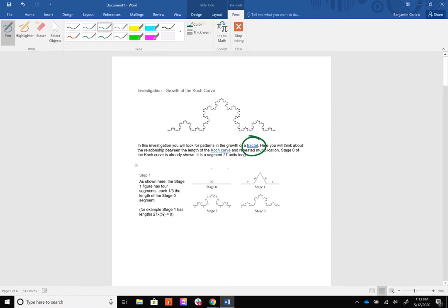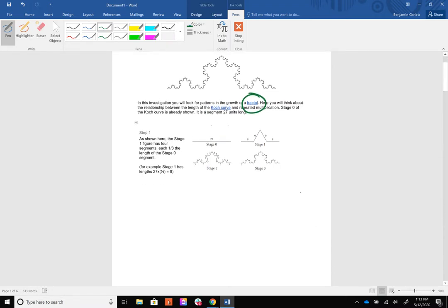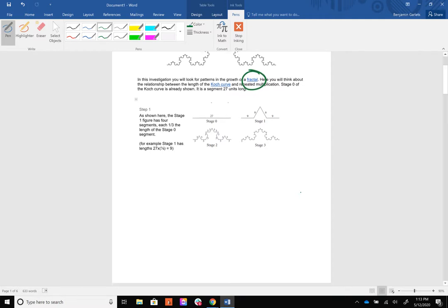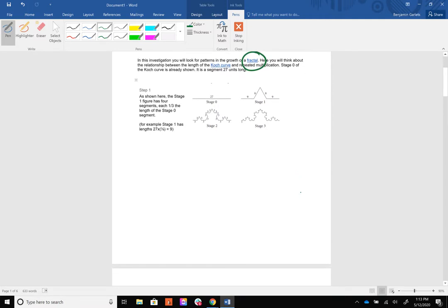So we've got this specific fractal happening, and what's happening with our fractal is whenever we have a stage increase, we are taking a third of the size. So stage 0 is this stage where we just have a flat line, and then from stage